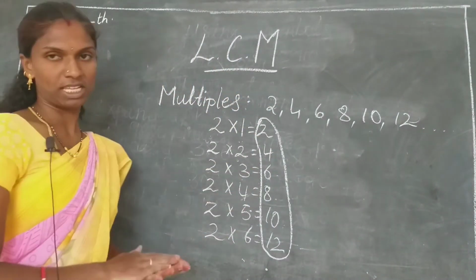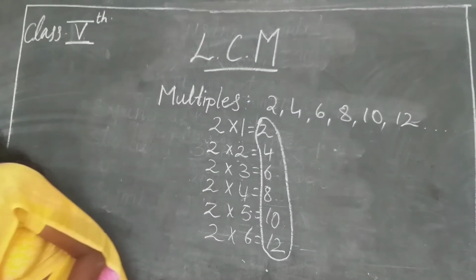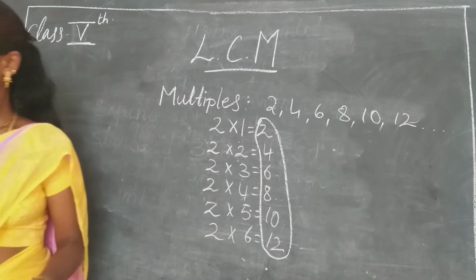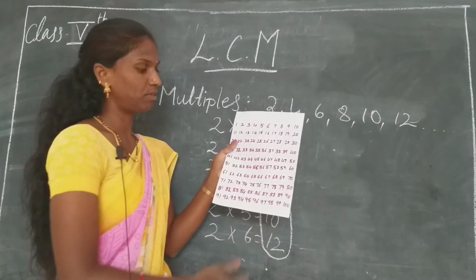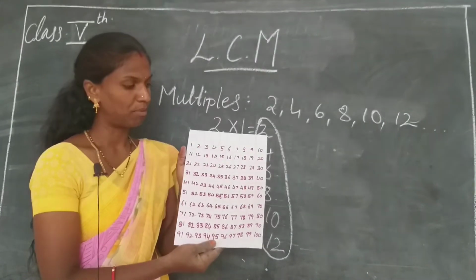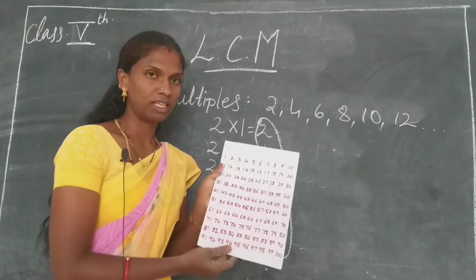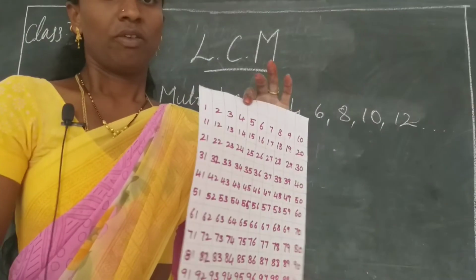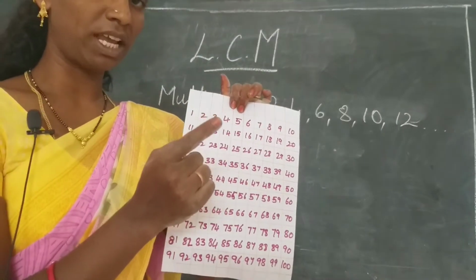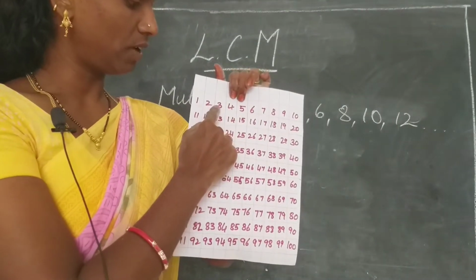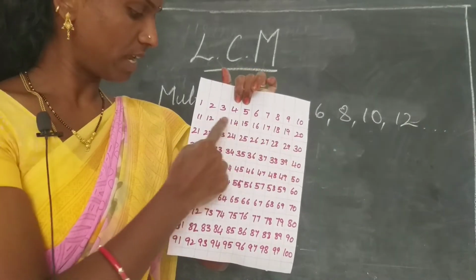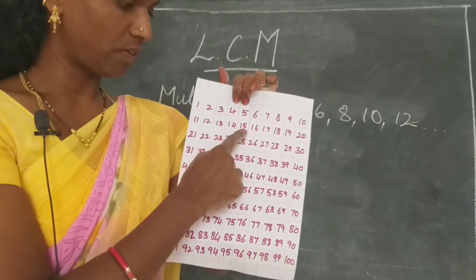Now let us take one example. See here. What is this, children? You have seen some numbers on this chart. So this is a number chart. In this number chart, first I will take the multiples of 3. Here 3, what are the multiples of 3? Now 3 ones are 3, 3 twos are 6, 3 threes are 9, 3 fours are 12, 3 fives are